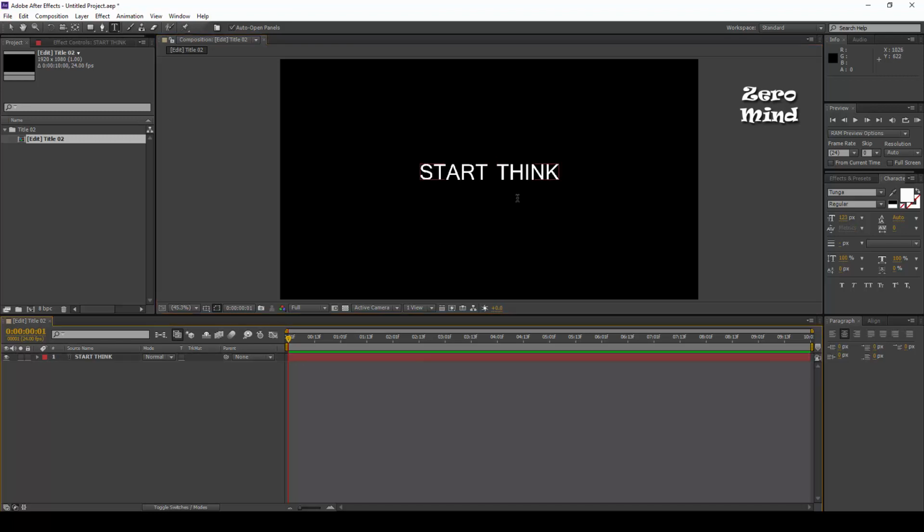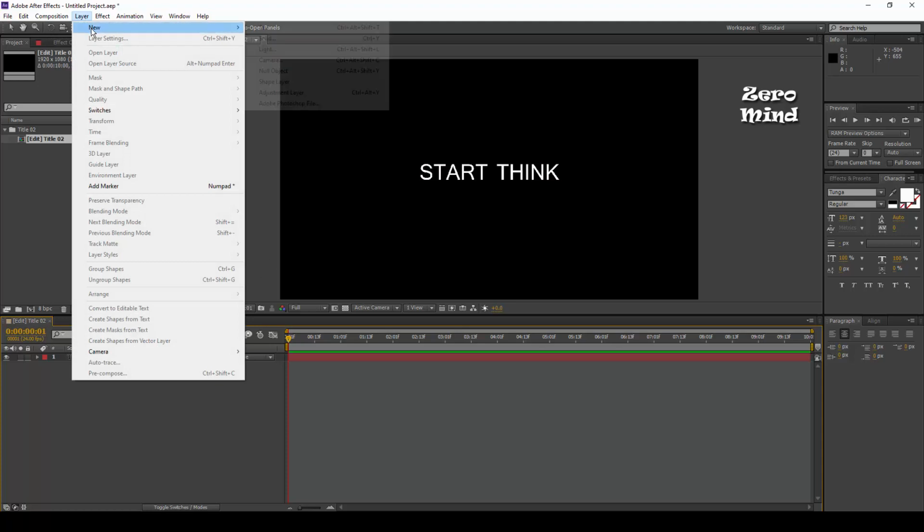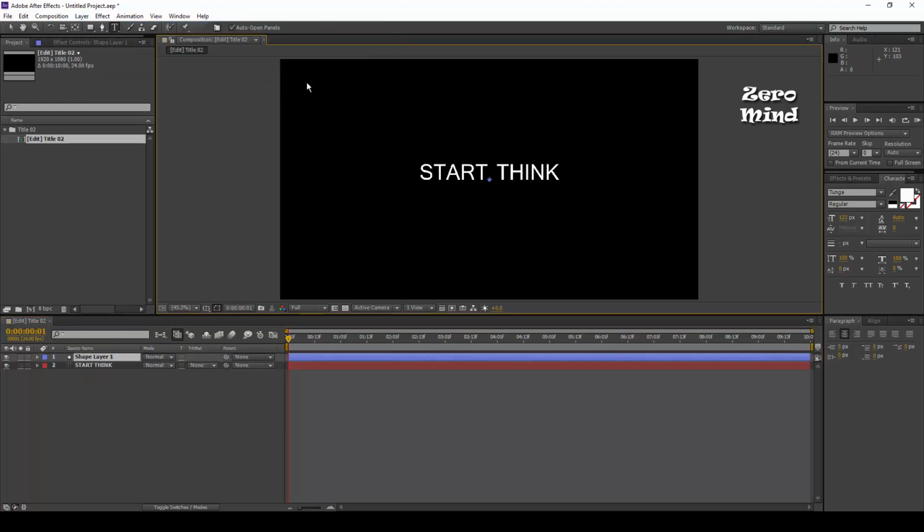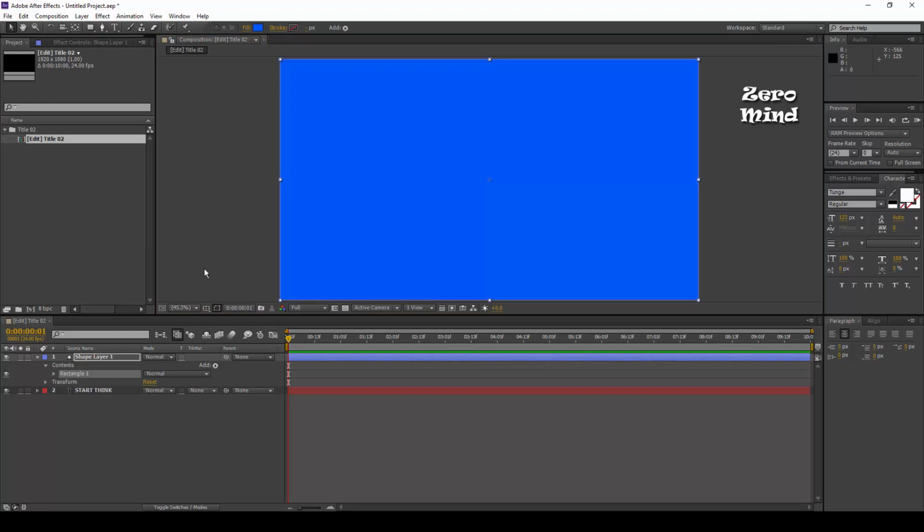Once I have done this text and go back here, actually I want to create one border line. For that I select here, layer, new layer, and shape layer. I select the rectangle tool, double click on rectangle.